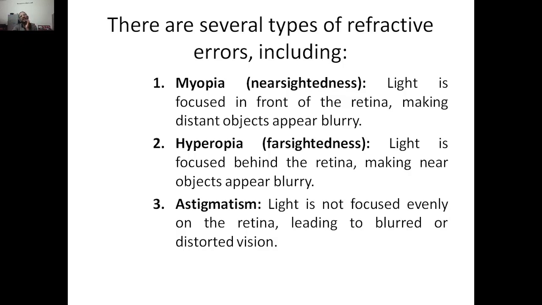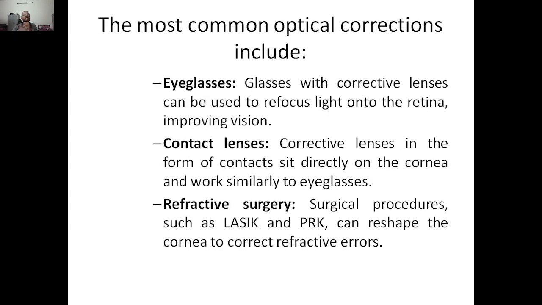So these are the 3 different types of refractive errors, where we can see the near one, the far one, and the astigmatism. The most common optical corrections include, so what is optical correction? We are using devices or techniques to improve or correct the particular vision issues caused by refractive errors. So now what are the techniques or devices we can use here? The first one is eyeglasses. Eyeglasses are glasses with corrective lenses that can be used to refocus light onto the retina,